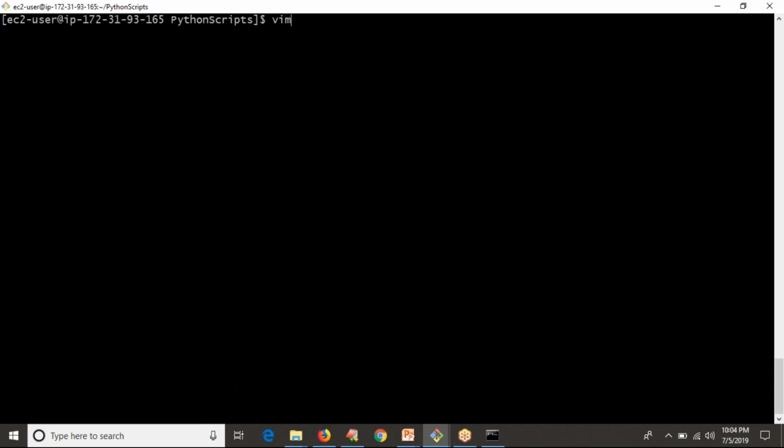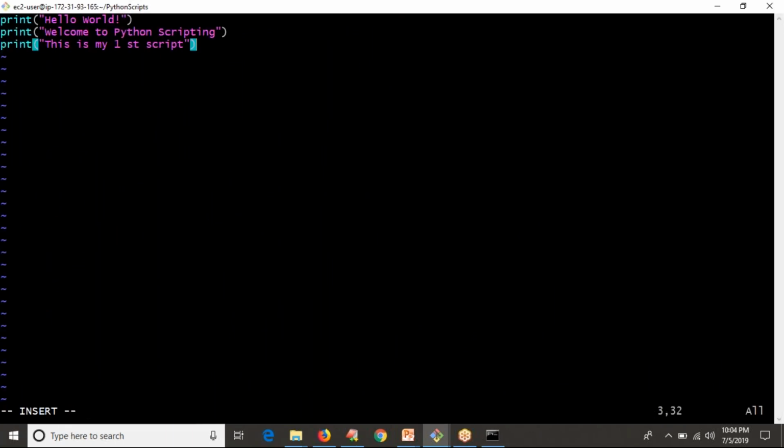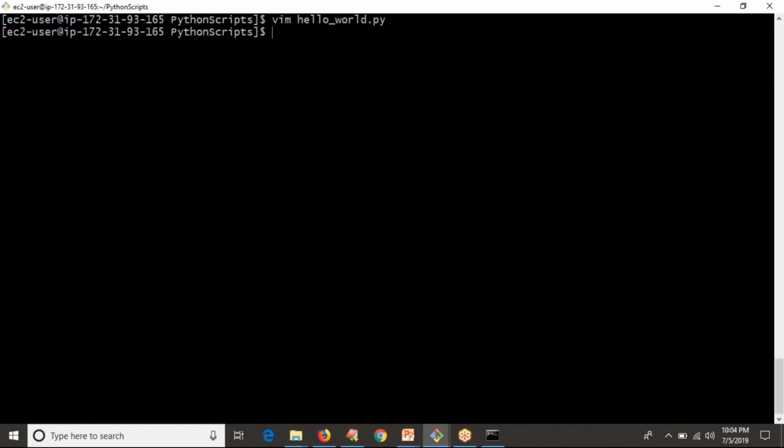Now I am using vim, because if you use vim, it will give some colors. Simply I am writing hello world.py and pasting some lines. Already we have this code from our Windows operating system. Now guys, after writing your Python script, just check whether you have Python or not. By default you will get one of the Python versions on your Unix-like systems. That's why if you run python, you are getting some 2.7, whatever it may be, any version.